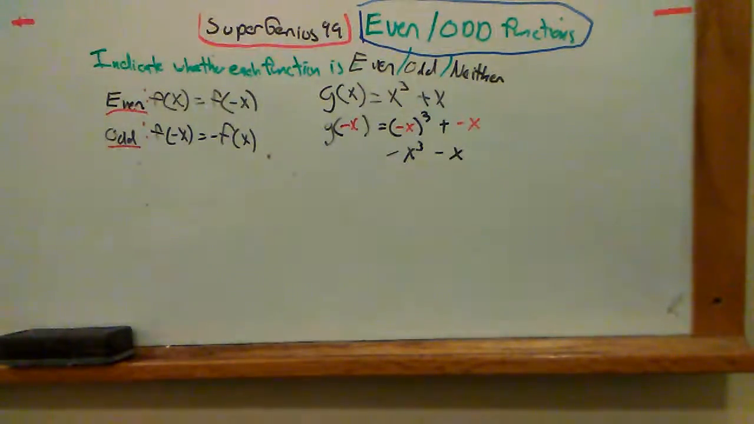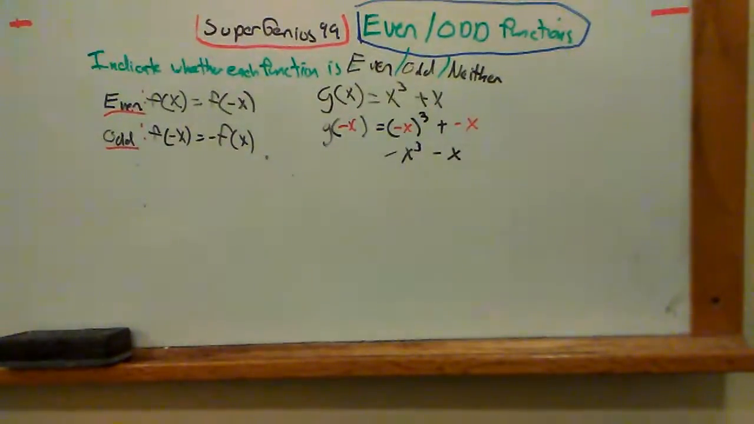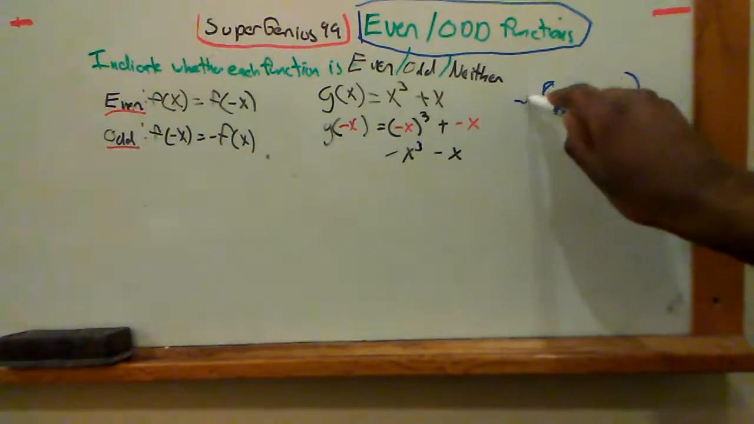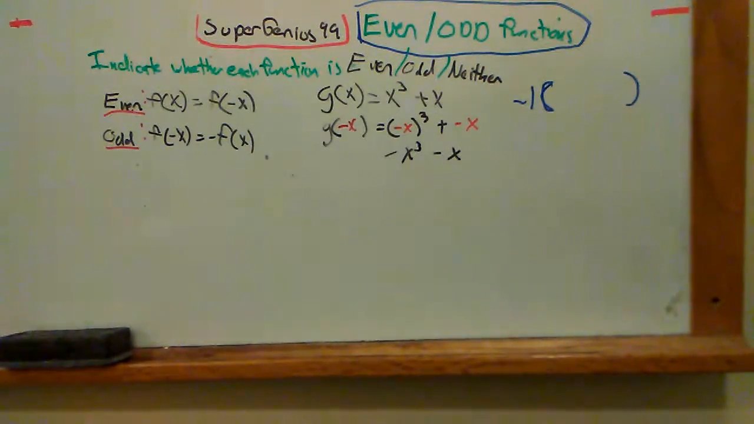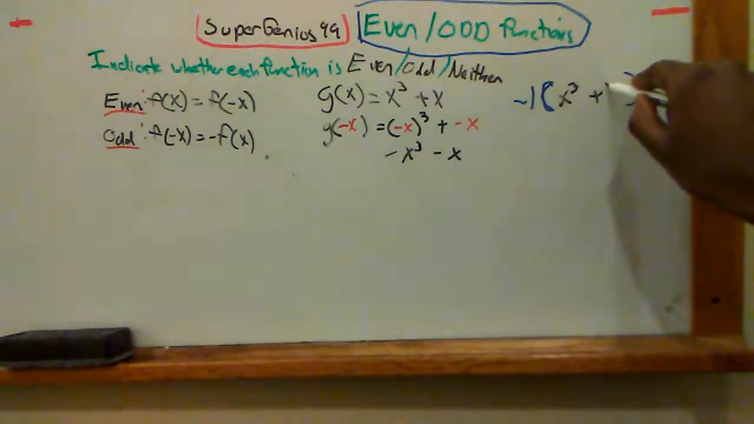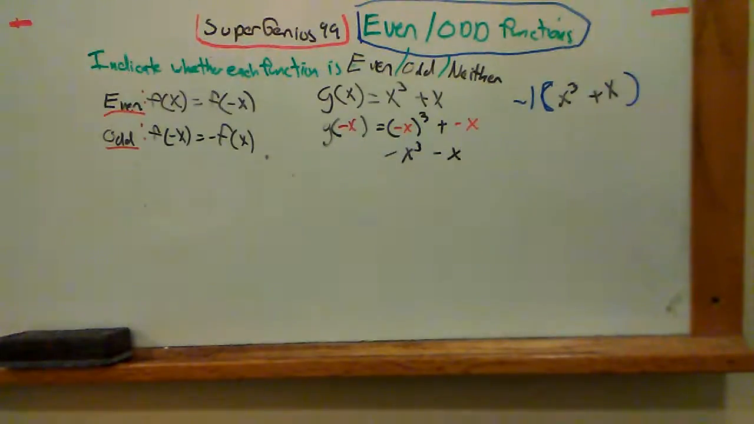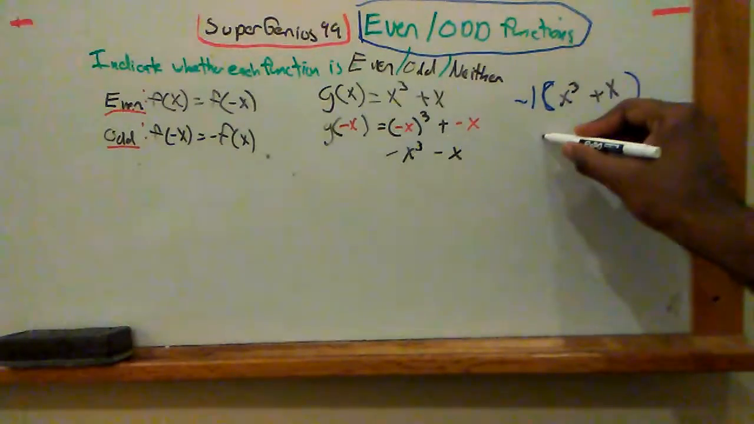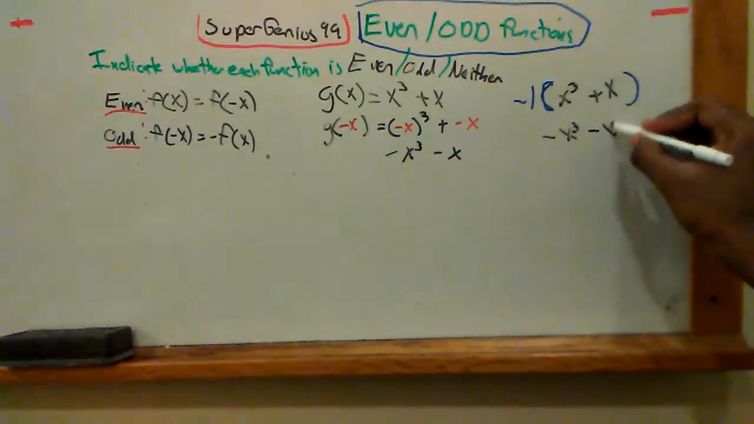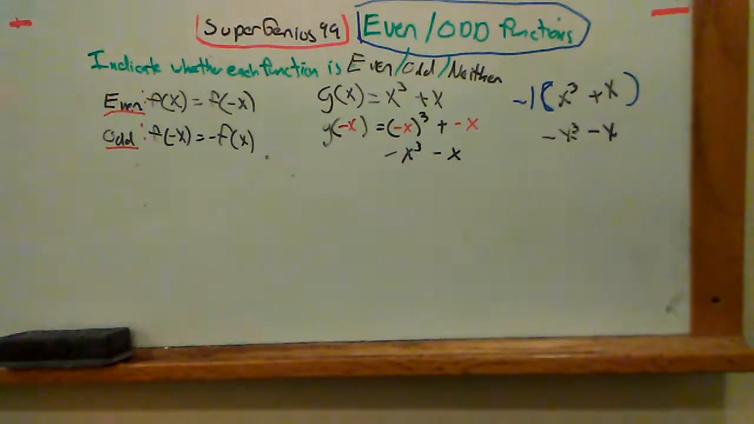But you notice this is the same thing as taking my original function and multiplying it by negative 1. You need to see that? Sure. Let's multiply the original function by a negative 1. The original function was x cubed plus x, and when you multiply x cubed plus x by negative 1, you get negative 1 times x cubed, negative 1 times x, and notice those are the same thing. So this function, x cubed plus x,